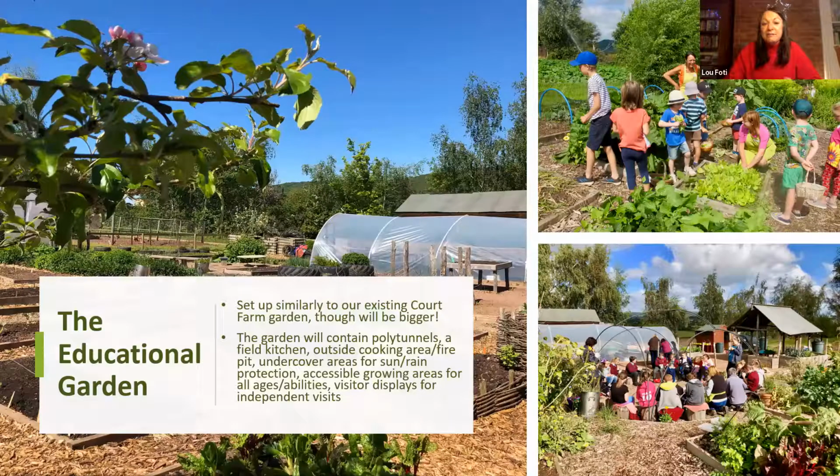The educational garden, which will be a much smaller proportion of the land, will be set up a little bit like our existing garden that we have had for the last 11 years, but about double the size, so that we can have much bigger groups and we can reach a lot more children and adults. Just like our existing garden, it will have polytunnels, sheds, a central seating area, and lots of really interesting raised beds of different sizes and structures. It'll have an outdoor cooking area, a fire pit, a field kitchen,